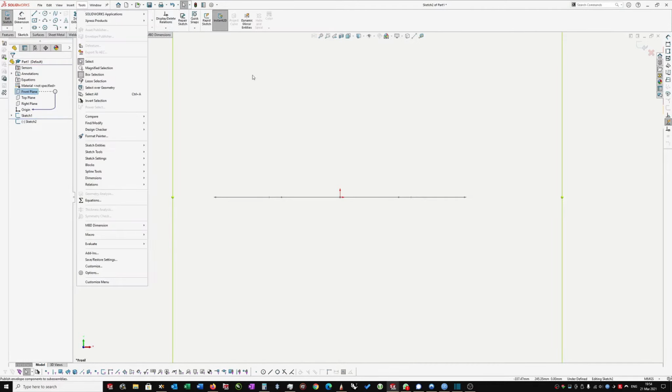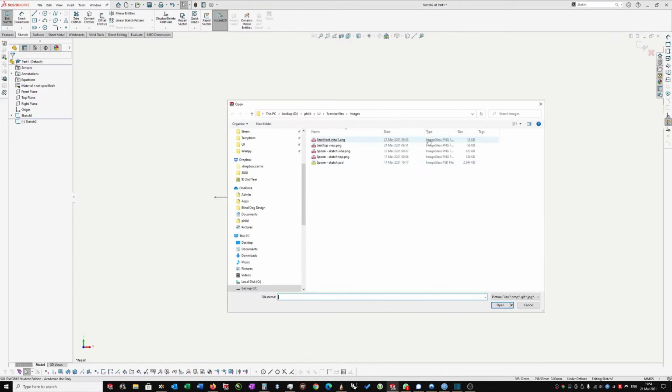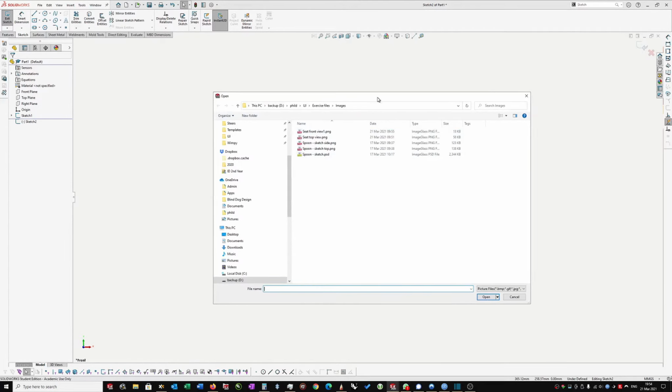I'm going to go to Tools. Okay, wait. I said I was going to show you how to do it this way. So I know what the command is called. It's called Sketch. Is it Sketch Picture? There we go. So I can just click on that, and it'll go straight to the command and go straight into my